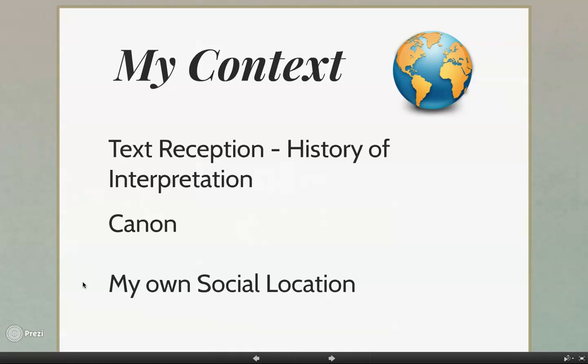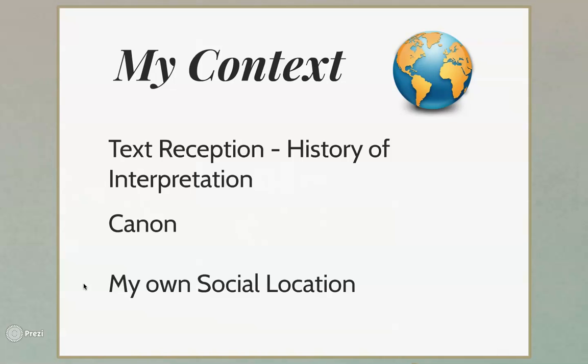And then to ask the question about my own social location, where I have been, my race, my gender, where I have been brought up, my socioeconomic status. Does that help me to see certain things in the text, or does it hurt me? Does it veil certain things in the text? And as we go along, I'll talk about my own issues about coming to grips with my own social location and how that has affected my reading of Scripture. And of course, we're reading a good book about the Bible in a global context and looking at some minority voices in biblical interpretation and asking, what can we hear and what can we learn about that?